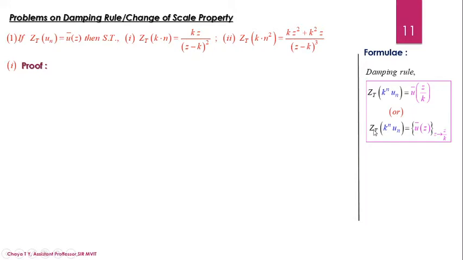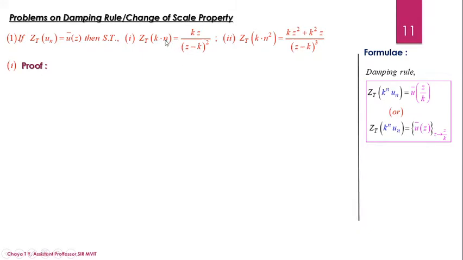If you want to find the Z transformation of the product of two terms of the kind k to the power n and u suffix n, then first find the Z transformation of u_n, which will be in the form of u bar of z. Into that definition, replace z by z divided by k and simplify for further steps, so that you get the required Z transformation of the product of the terms of the kind k to the power n u suffix n. Now I am going to use this formula to find the Z transformation of the expressions given here, or to obtain the proof.